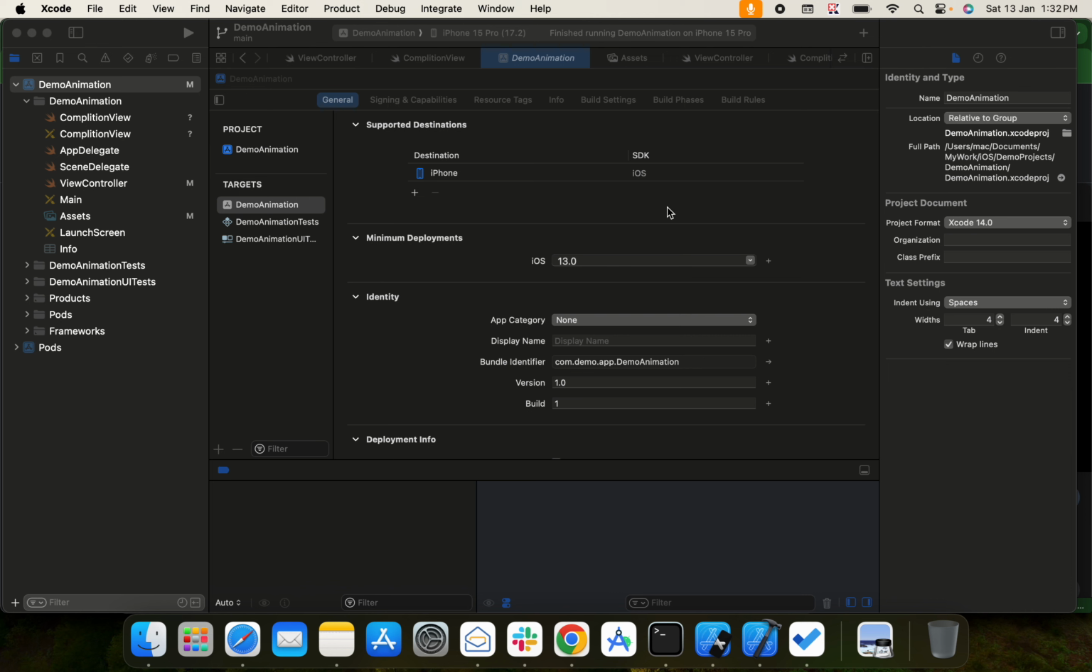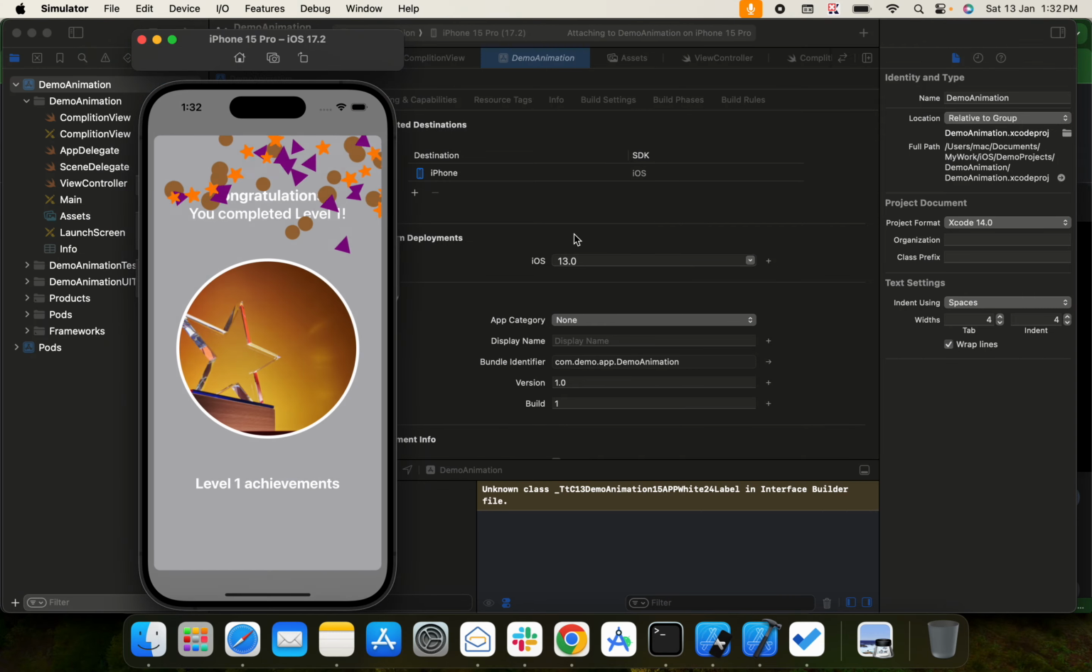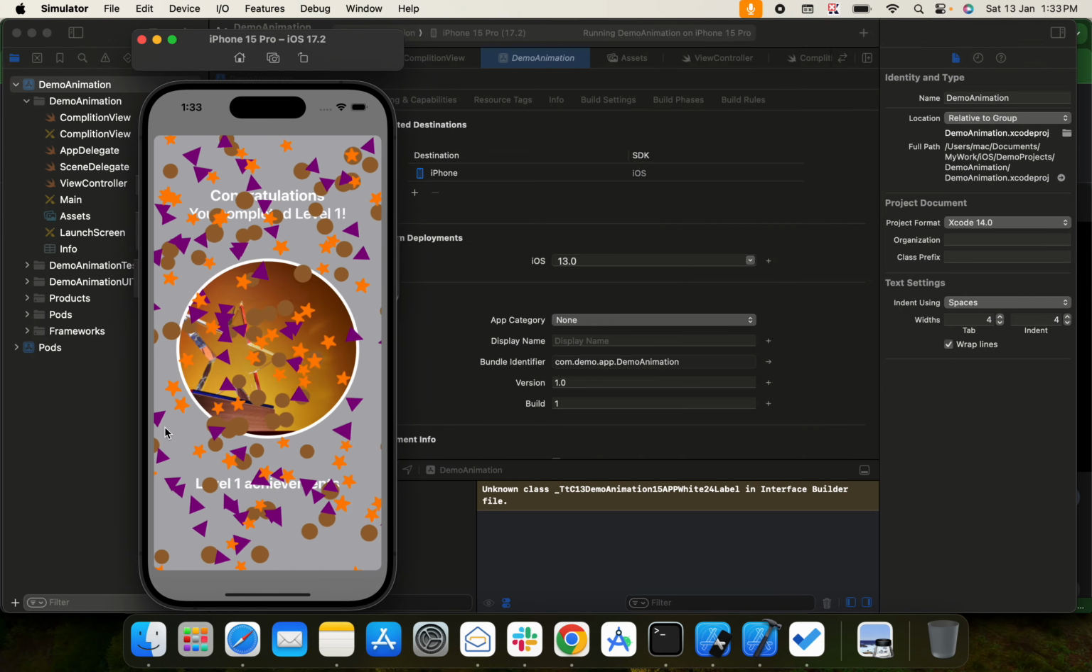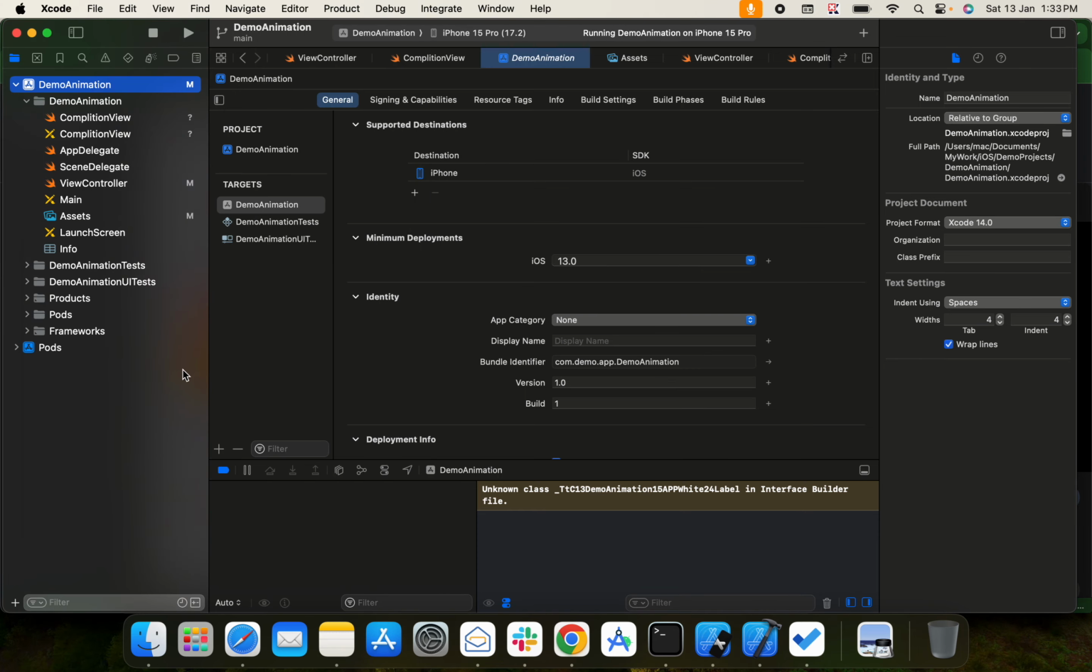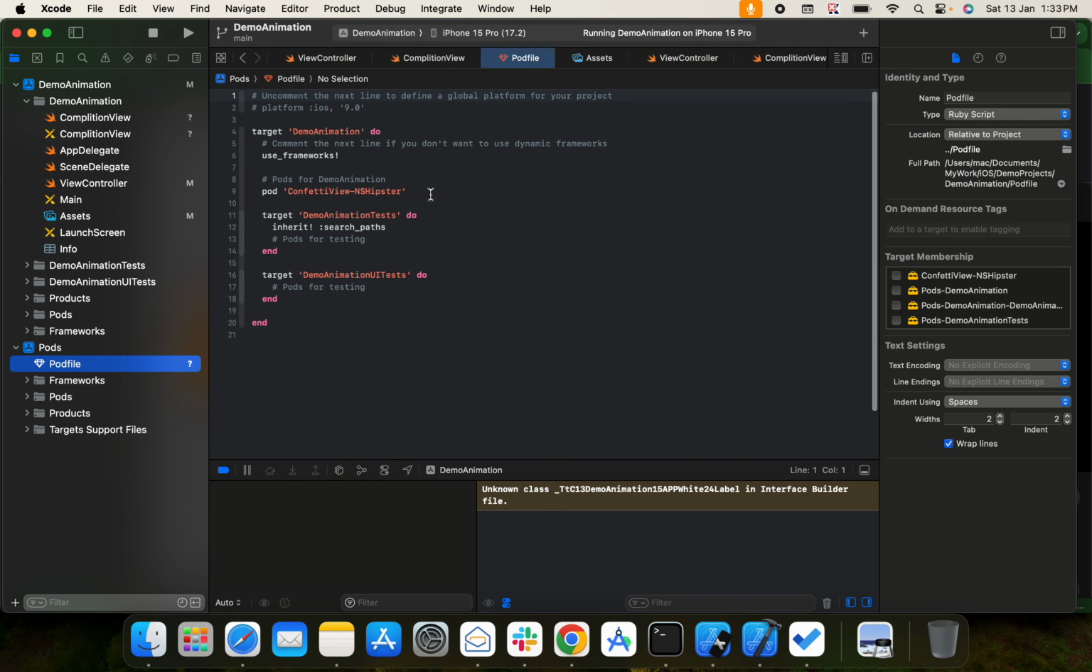Here we represent the completion animation like this. First we run this project, this type of animation. How can we do this? For this I use this board file, this